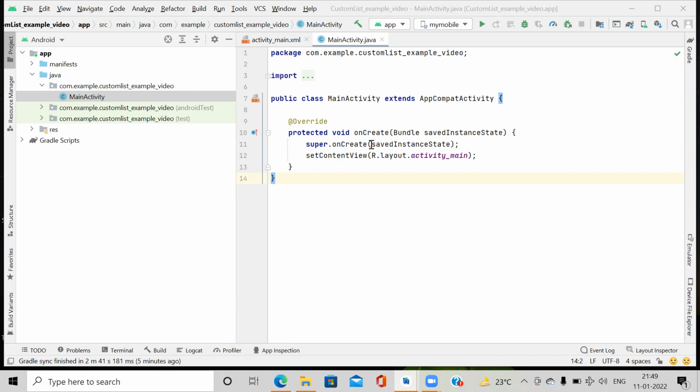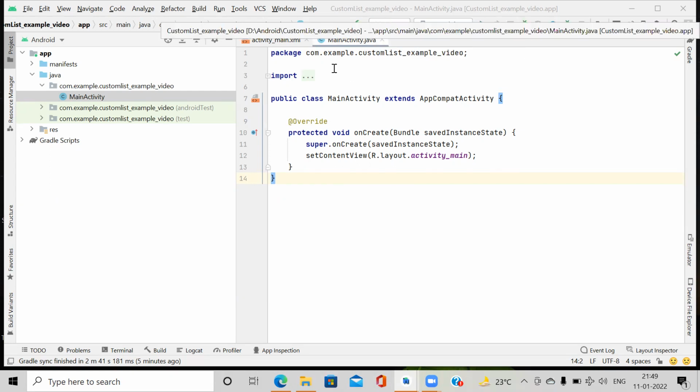In most applications we see that images are there along with some text. For example, if you open the WhatsApp application, in that we find images along with the text. So that type of application we are going to create now, not actually a full application, we just design it using the list view. For that, first we create a new application with the name custom list example.